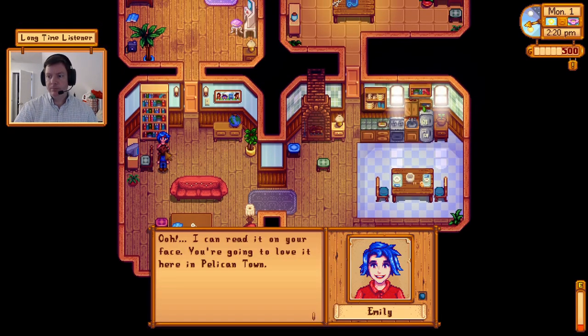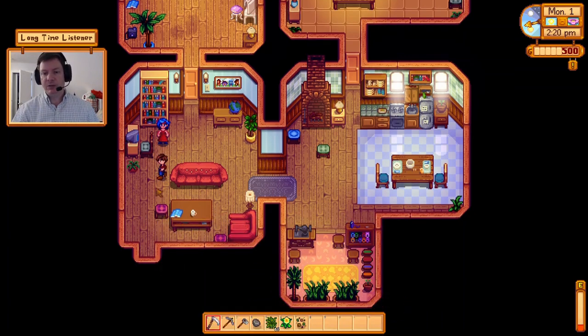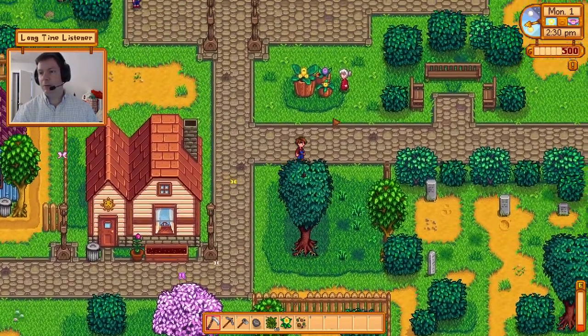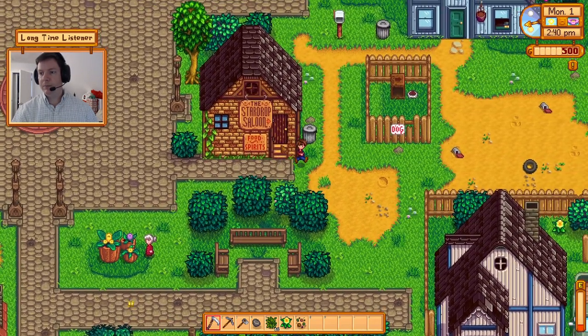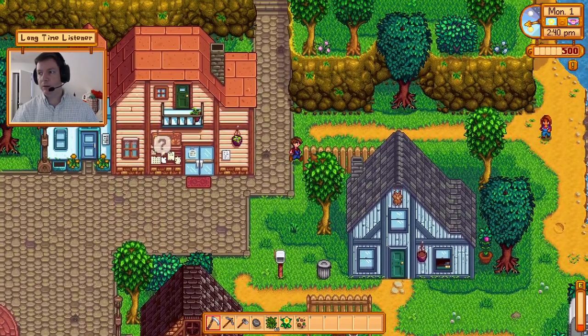There's Emily. Emily likes to do some trippy stuff, bottom line. All right, she works at the saloon. We will bump into her pretty frequently. I kind of need to go buy some seeds here, so we should probably go and do that. Hello, dear. Welcome to our little community. You can call me Granny if you like. So that's all fine and dandy there, Granny. But we're actually gonna need to kind of